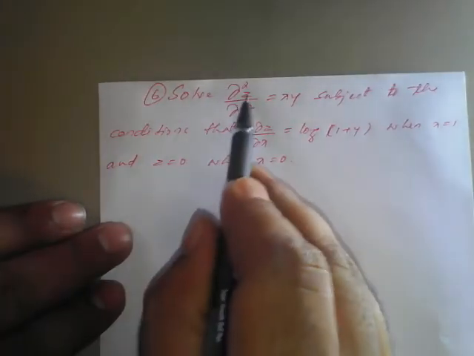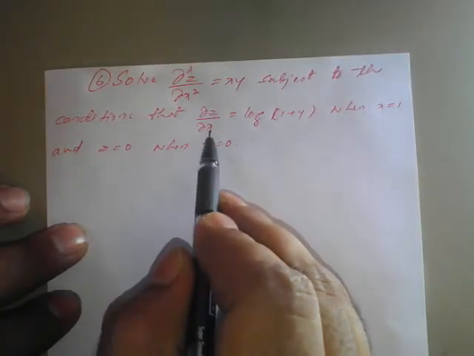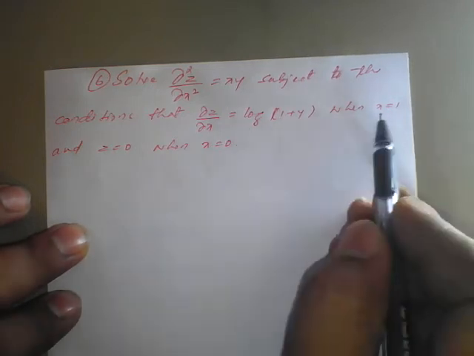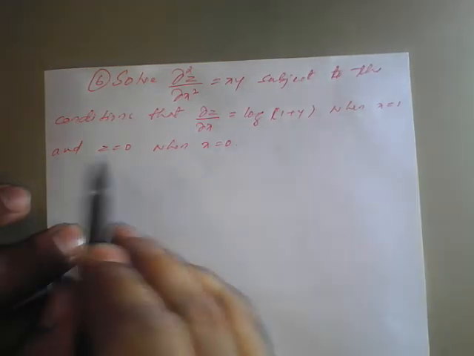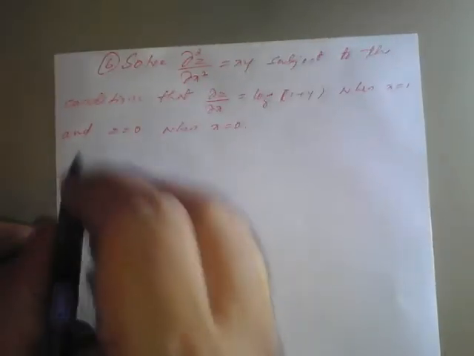Next question is, solve dou square z upon dou x square is equal to xy subject to the conditions that dou z by dou x is equal to log of 1 plus y when x is equal to 1, first condition, and second condition is z is equal to 0 when x is equal to 0. So we'll solve first. So the solution is,